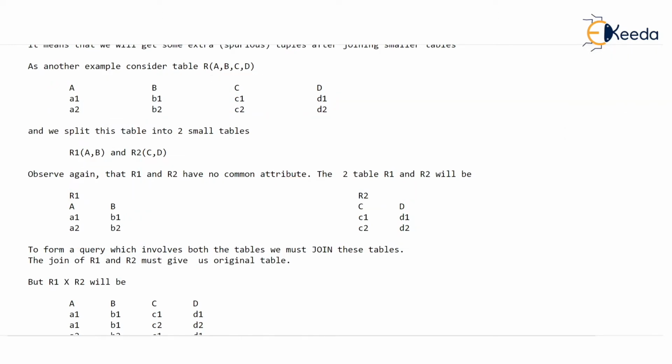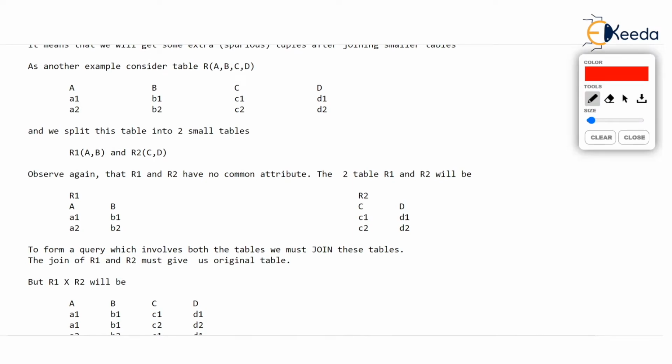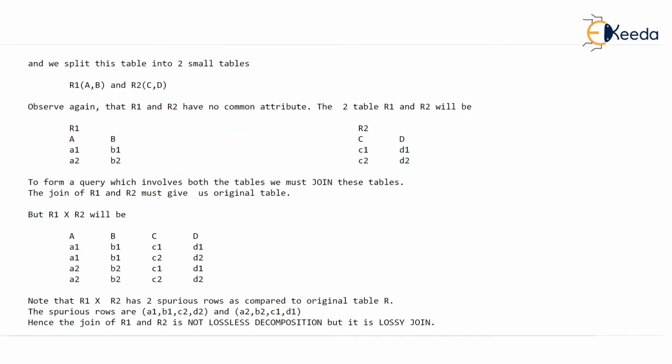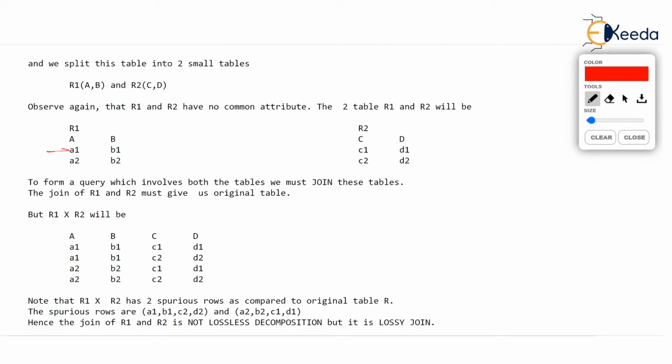But later on, if we want some data, like we want A and we want D, these two pieces of data we want, but these are in two separate tables, then we will have to join them, isn't it? We will have to join these decomposed tables, and we take the Cartesian product of the two tables while joining. But when we join these two tables, let's see what R1 cross R2 is going to be. Now, watch out, the cross product is, as you know, taken by taking the first row of R1 and combining it with the first row of R2 and also combining it with the second row of R2.